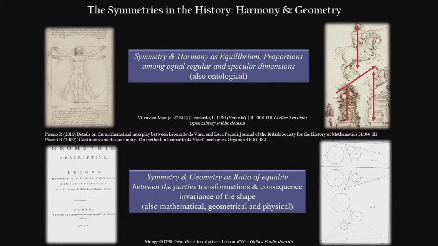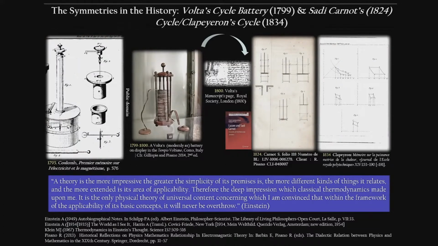And sometimes, because we talk about the concept of the sphere, the Aristotelian perfect object, and if we talk about Coulomb, la balance de torsion de Coulomb, and if we talk about the Volta battery,